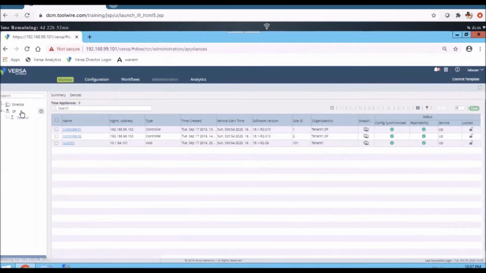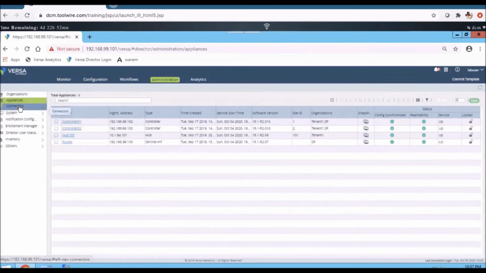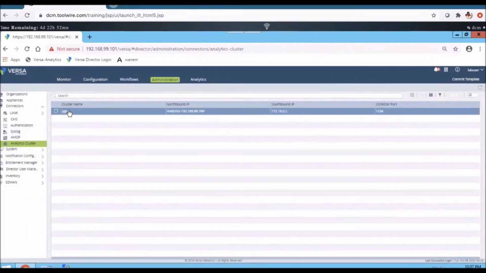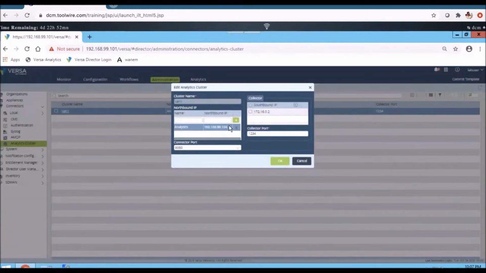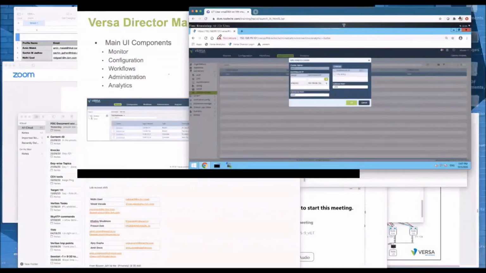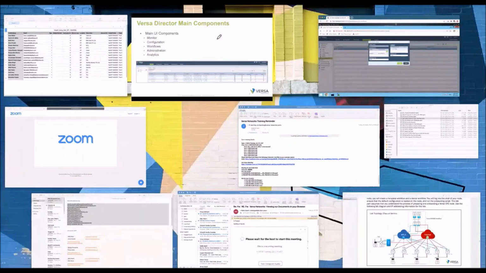Like I showed you, under the administration, under the connectors, we have the analytics cluster. Instead of a single northbound IP address, we can keep adding multiple analytics information, multiple northbound and southbound IP addresses, integrating with multiple analytics. A single one is a single point of failure, so Versa itself does not recommend it.